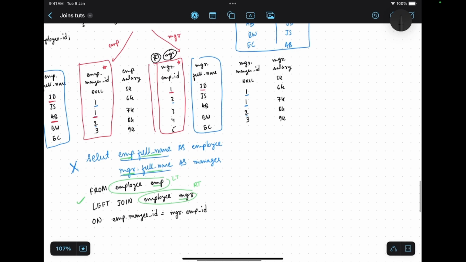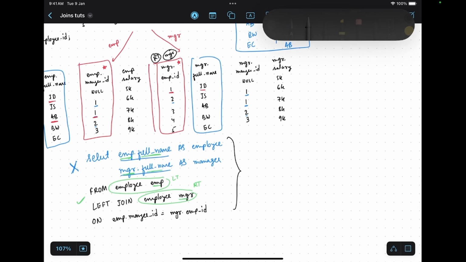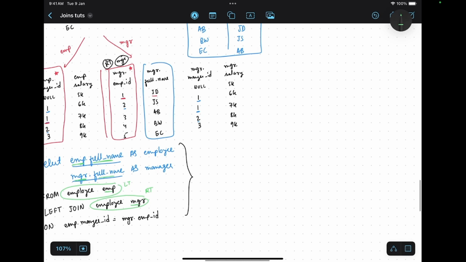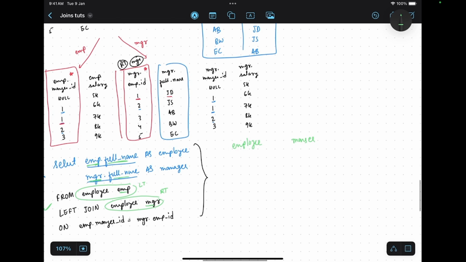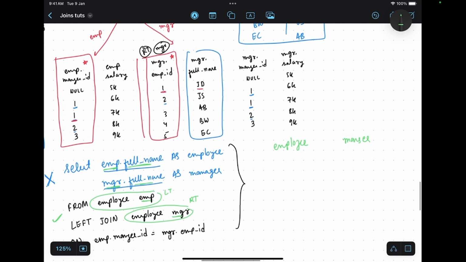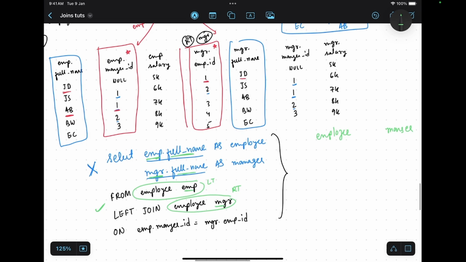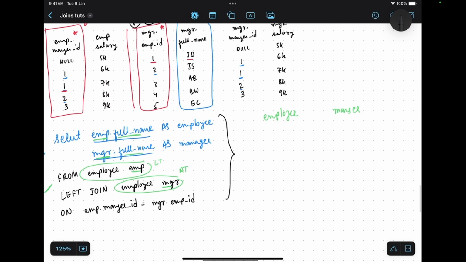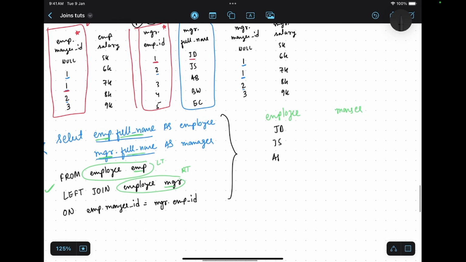Now let's make a dry run on this query. Okay, so we need two columns. First one will be employee, because we are using some alias. If we do not use alias, it will be emp.fullname, and in place of manager it will be manager.fullname. Now we are doing left join, so every row of the left table will be in the result. So it's jd, js, ab, bw,